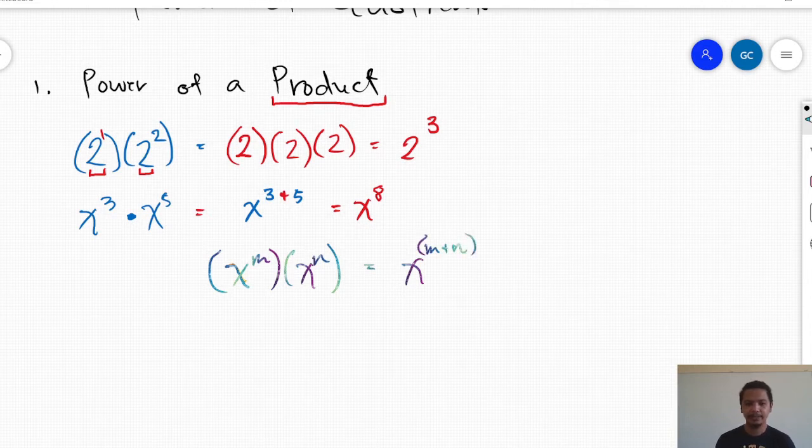So that's the general understanding of power of a product. Okay,